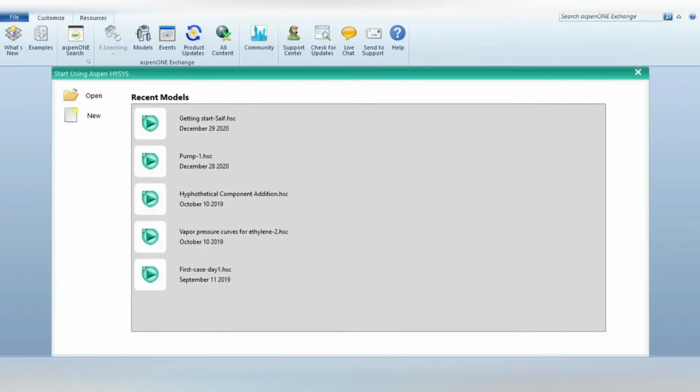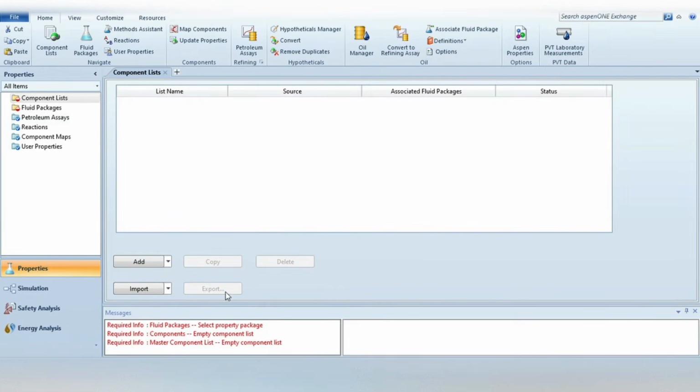Well, when you enter into Aspen HYSYS, the first appearance of the software will look like this. These are the models on which I was working. So let's create a new case for this study. Just click on this new tab,